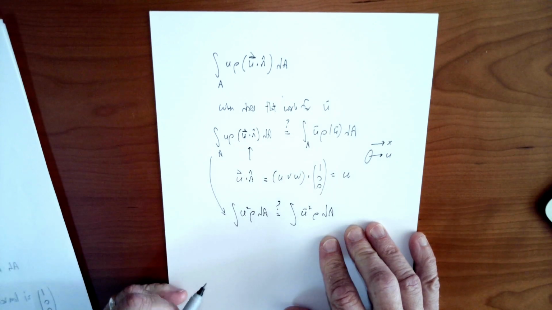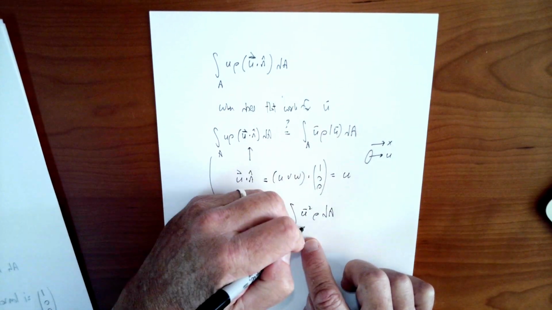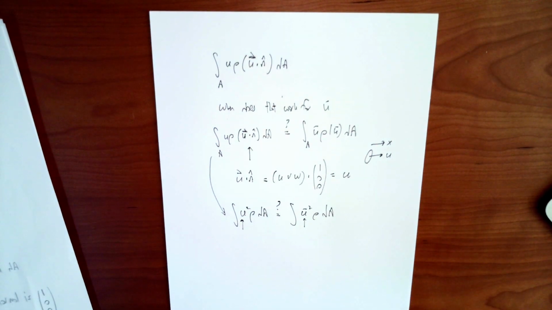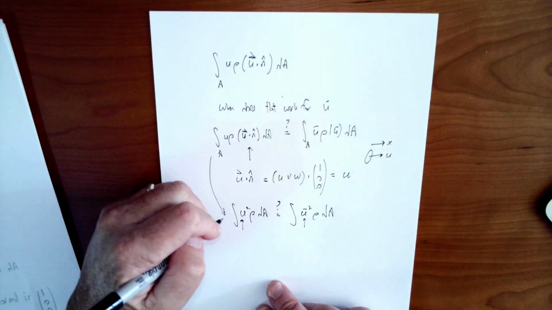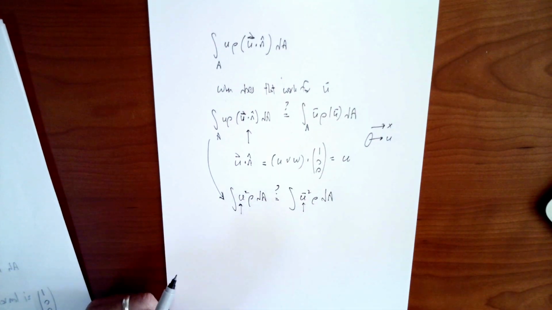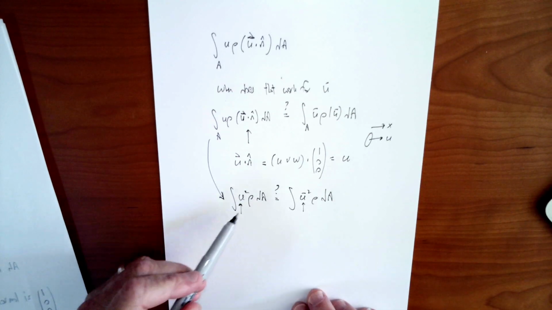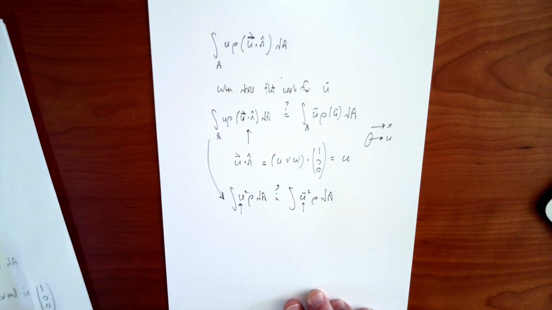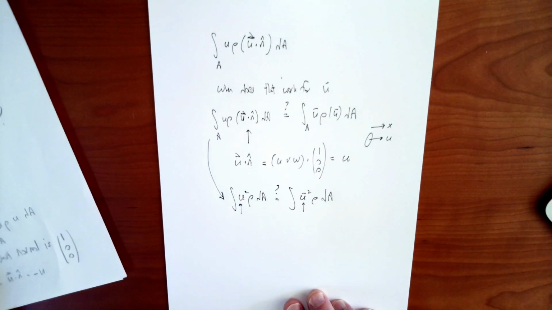So they look similar. We've got u here, we've got u squared here. Now note that u is generally not uniform, right? Usually in a lot of flow through a surface, the velocity might be higher at the top, it might be higher in the middle, it might be higher at the bottom. It certainly does not have to be uniform. So this is varying a lot. The question is, when can you just replace that varying velocity with an average velocity and still have that work?